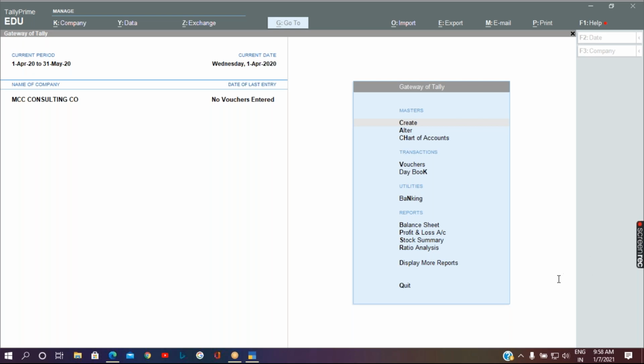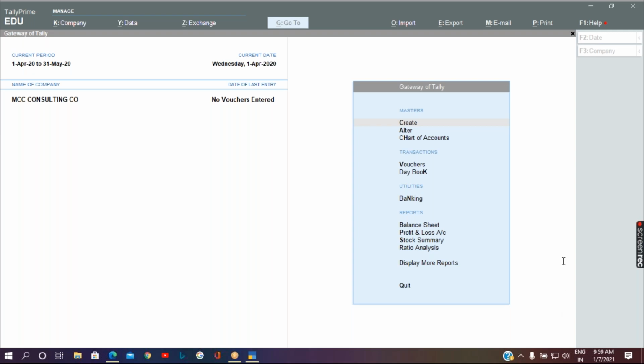Same way, sales is when there is a sale of goods or services on cash or credit basis.